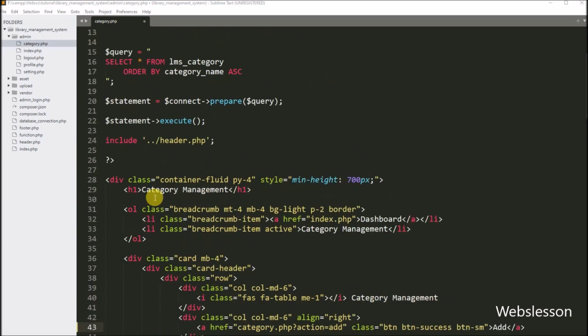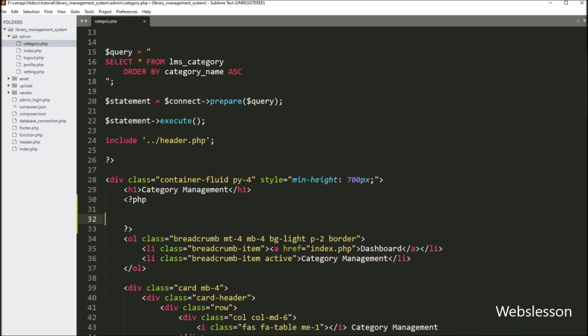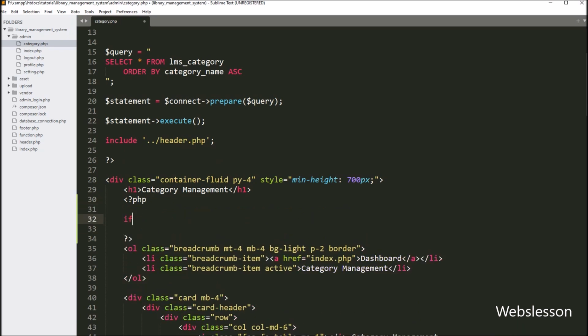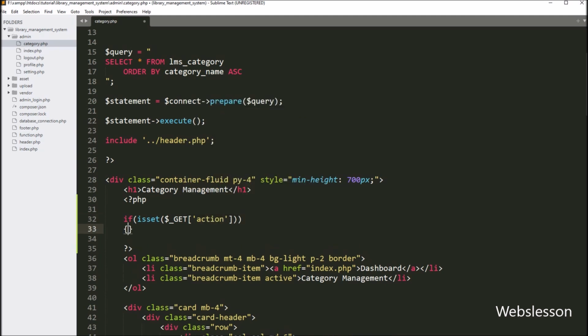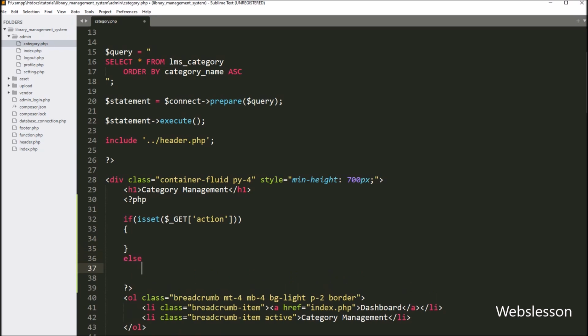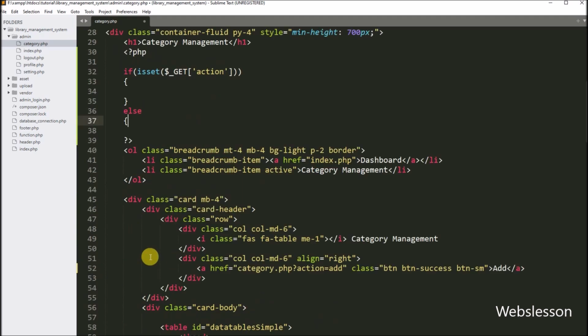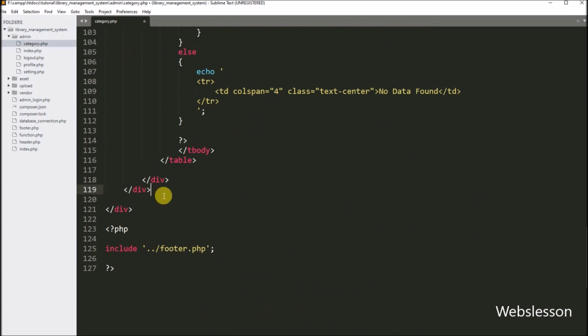We want to use the same page for add, update and list data on the web page, so for this, here we have written an if statement, and under the condition we have written the isset function, and under this, we have written the $_GET action variable. If this variable value is set, then it will execute the if block of code. And in the else block, we display category data in the JavaScript DataTables library, so here we have used the same page for different uses.